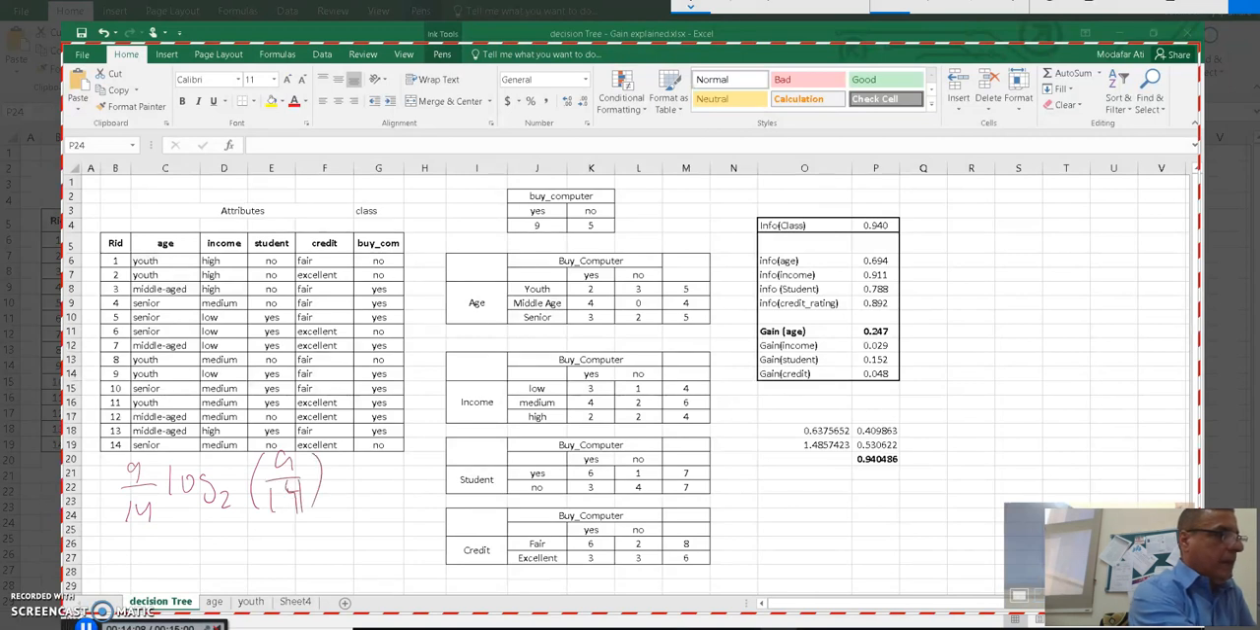Minus, this is minus, 5 over 14 log 2 of 5 over 14. Let me just make that clear here. Looks nice like that. And I can say log 2 of 9 over 14 minus